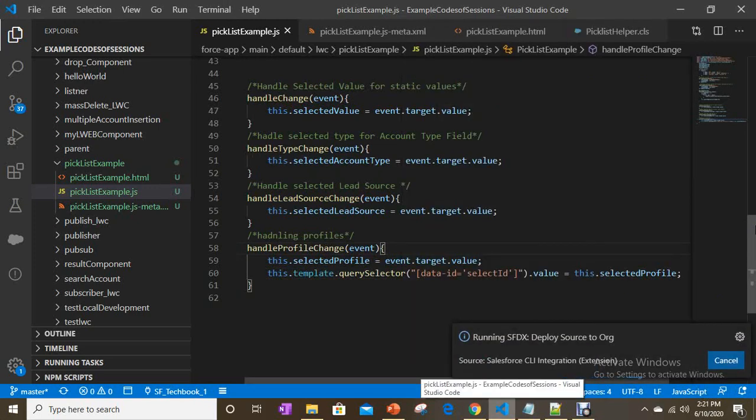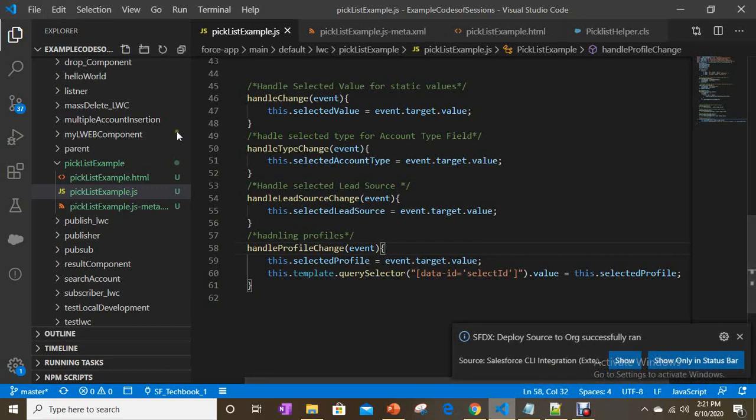This is the syntax you have to use to add any value from JavaScript. Okay, and to add any value from JavaScript, you have to identify that element, right? To identify that element, you have to use query selector. Okay, good.